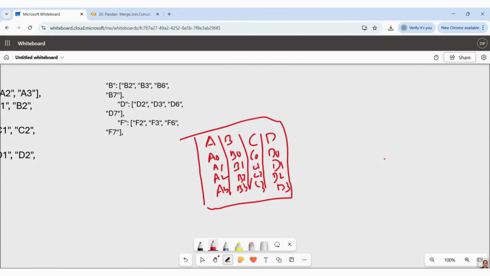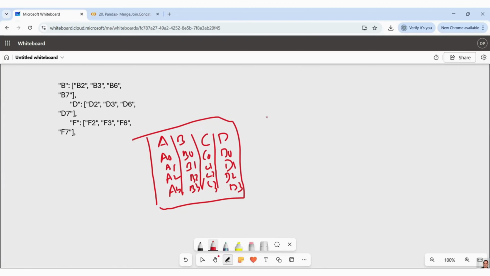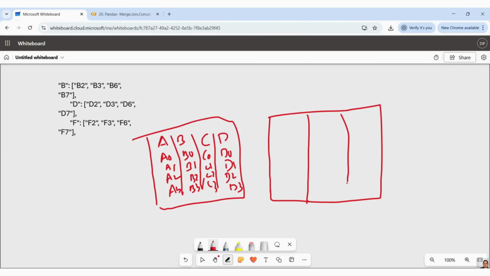I have another table here, side by side, where I have only 3 columns: B, D and F. And again, what are the values I have?